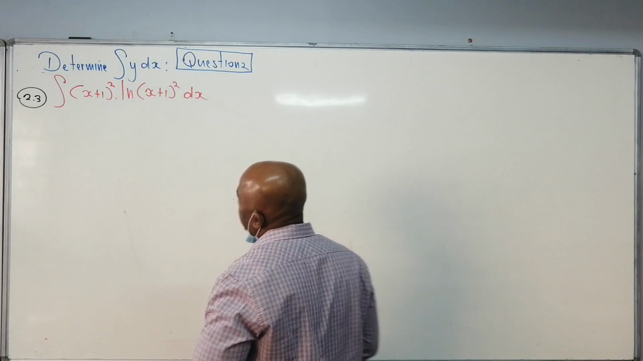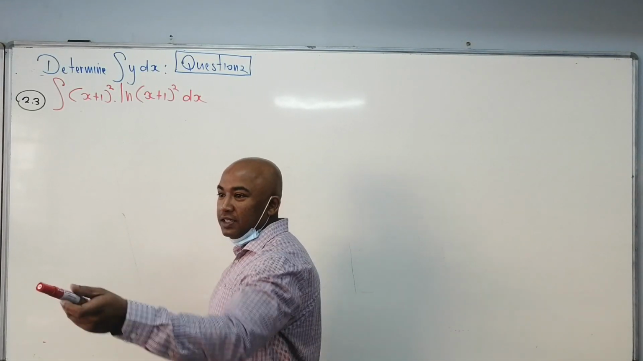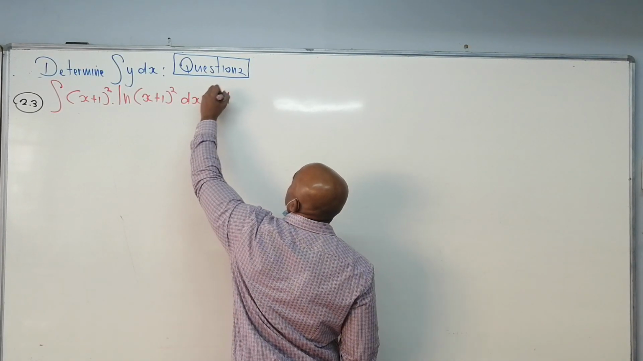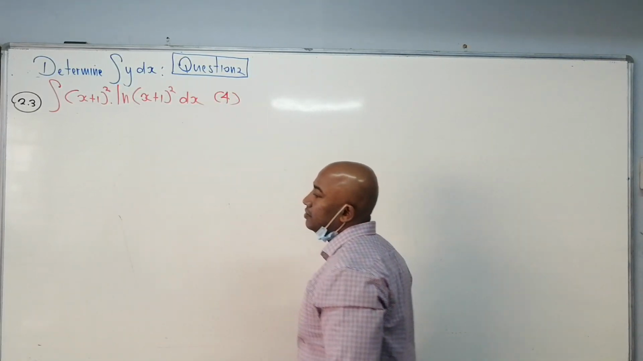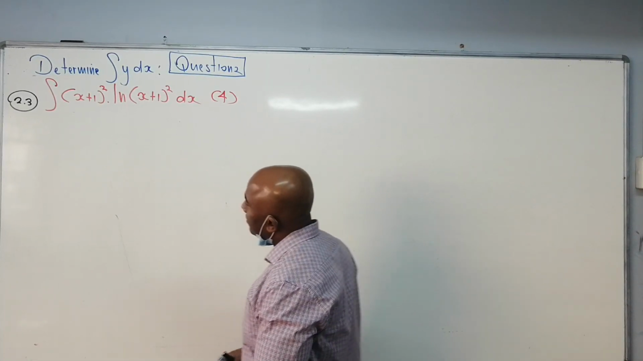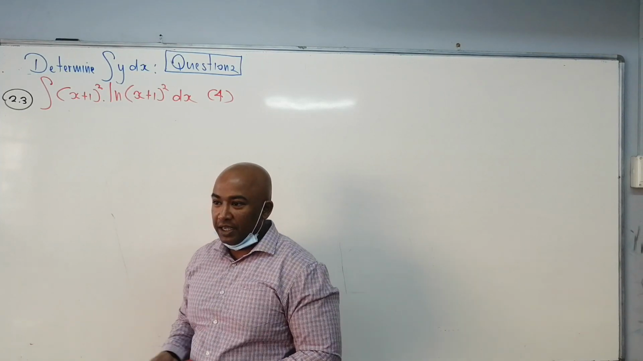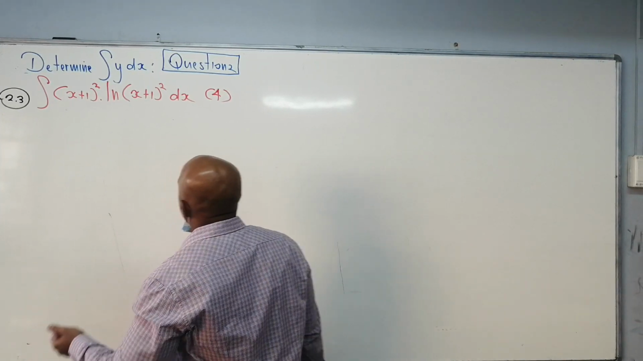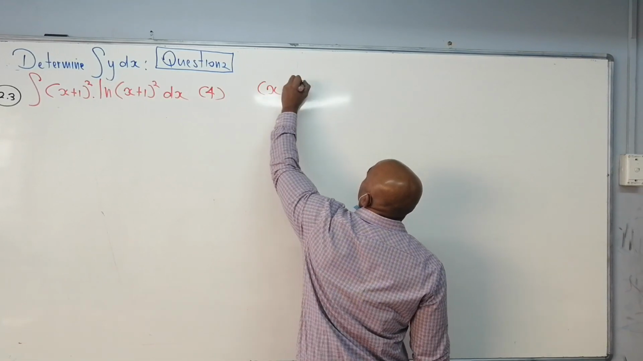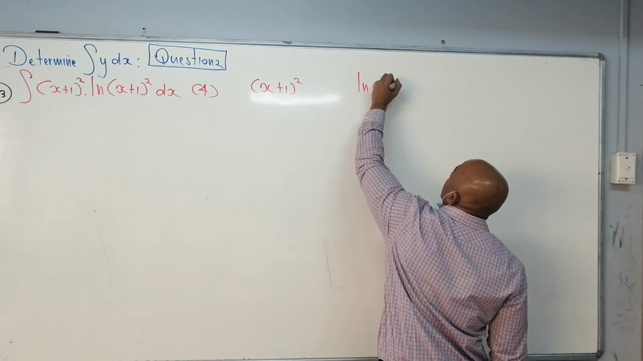Alright, our next question, 2.3. Let's see, how many marks was this here? I think it was 4. Right? This was also 4. Now, this is multiplication. What's being multiplied here? We've got our x plus 1 all squared, and it's being multiplied by ln of x